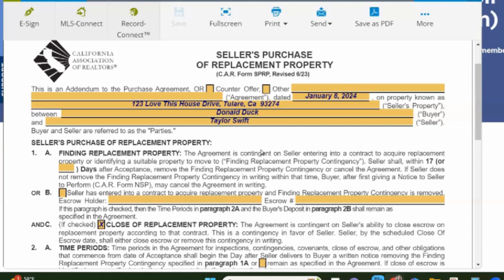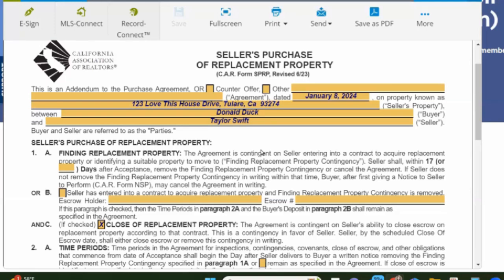Yeah, even if they were moving right next door, you still want to use this form. If they need the money from this sale, well, not even if they need the money, but just because I can be under contract to sell my home and under contract to buy the next home, and for no fault of my own,